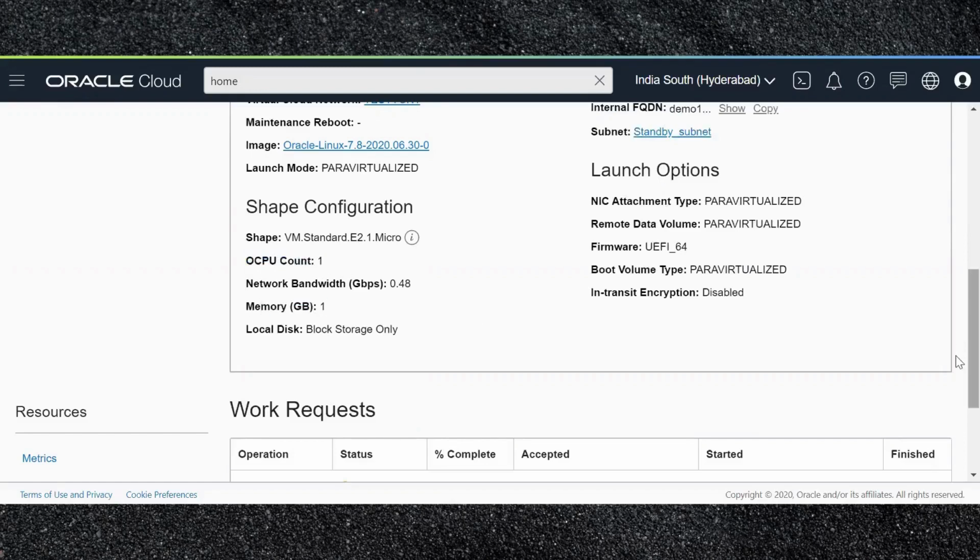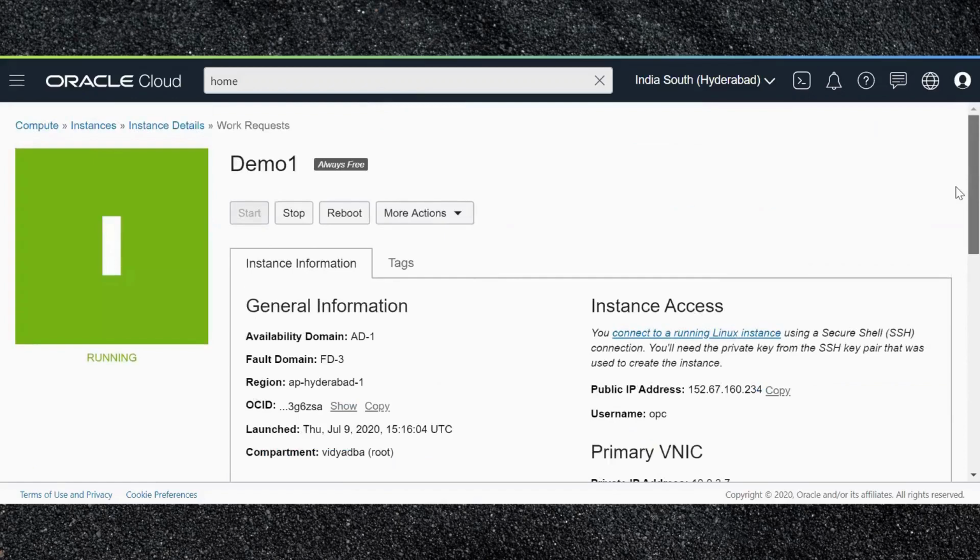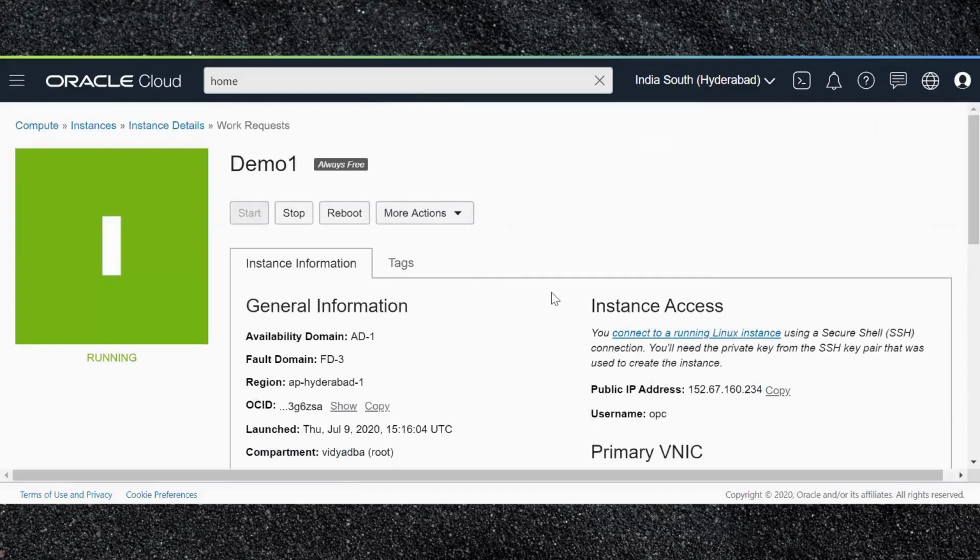I think the instance got created, and yeah, you can see the public IP address here. In order to connect to this instance, we need to use this public IP address, because I have already created the VCN with all the required interfaces. So we can use this public IP address and try to connect to it.